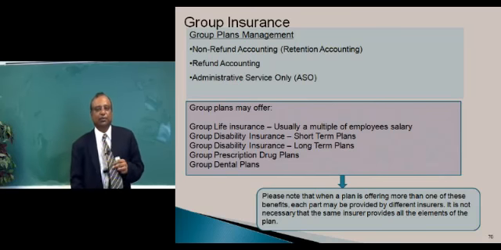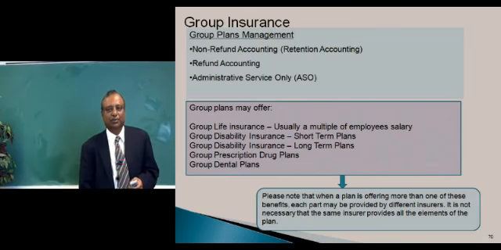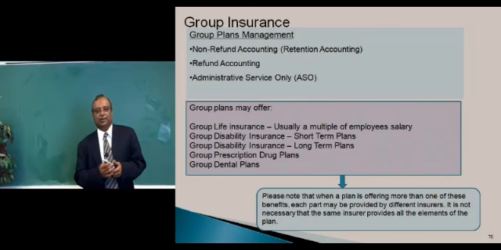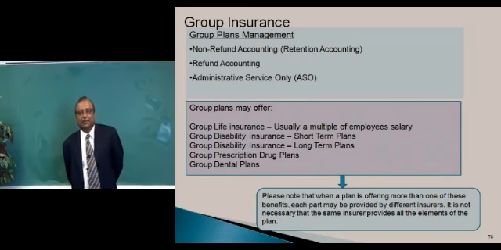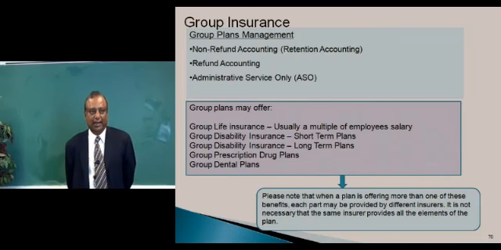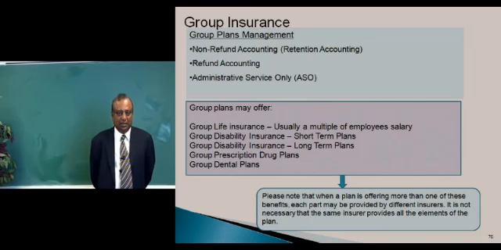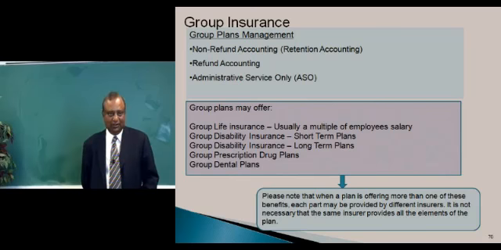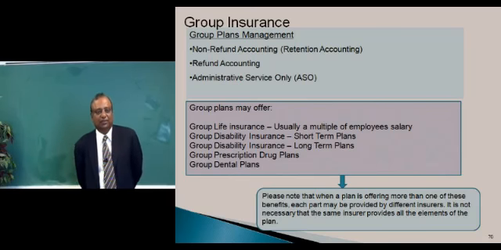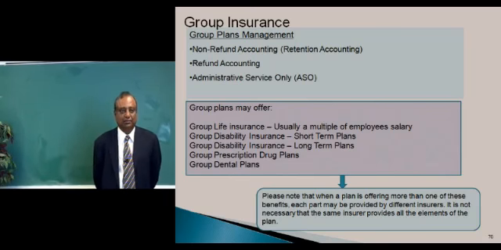So let's begin with group insurance. Group insurance is typically at the place of work. The company is the owner of the policy, and the workers or group are covered as group insureds under that policy. Each group insured is given a certificate of insurance. The policy itself is with the employer.